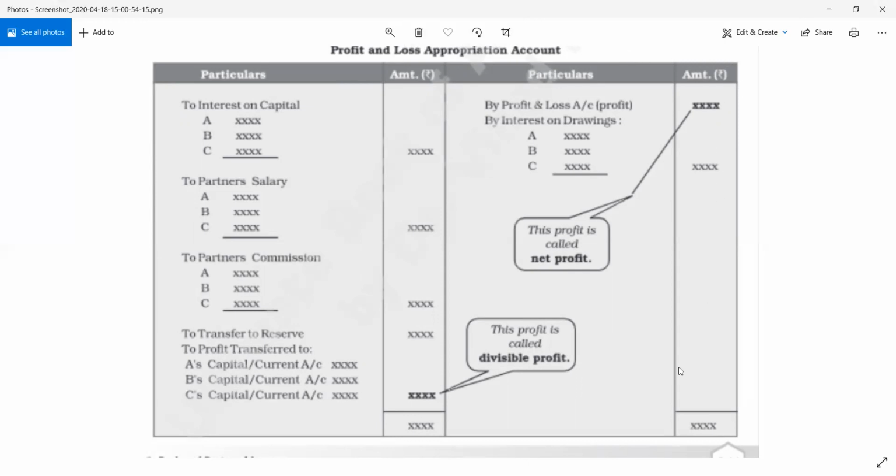If the credit side is more, you are going to do the balancing, and this particular amount will be called, ये वाला जो है ना, इसको हम लोग बोलते हैं divisible profit. ठीक है, we call it divisible profit. And how it will be transferred? In the profit sharing ratio, it will be transferred to the partner's account. The partner account can be capital or current account. We'll be discussing about that also later. ठीक है, so I hope the performa is clear to everyone. Okay,